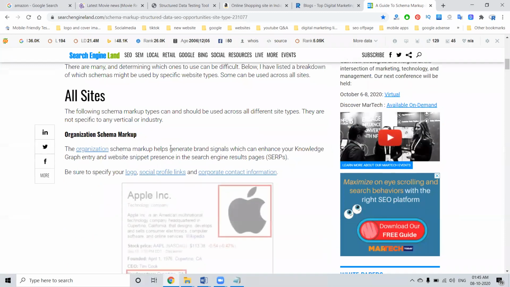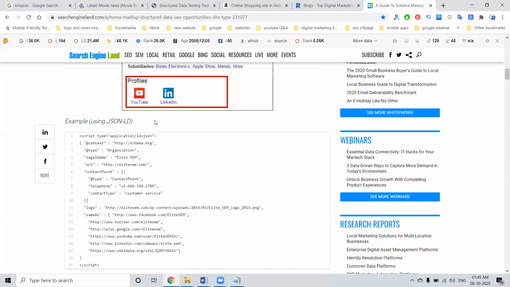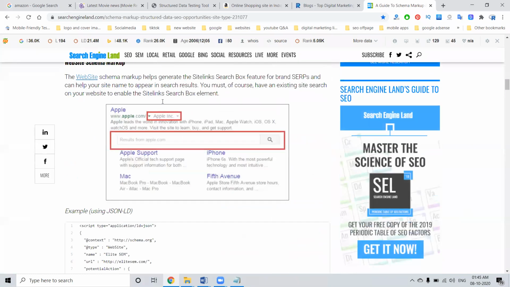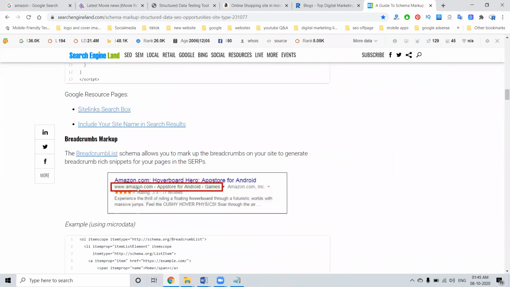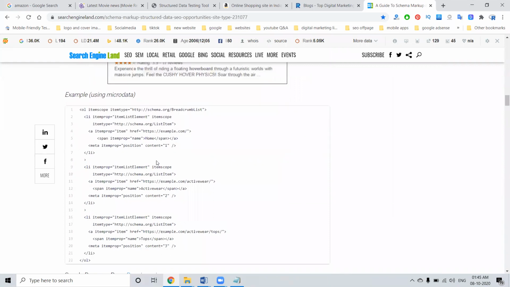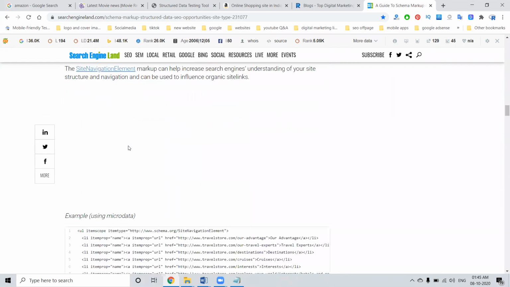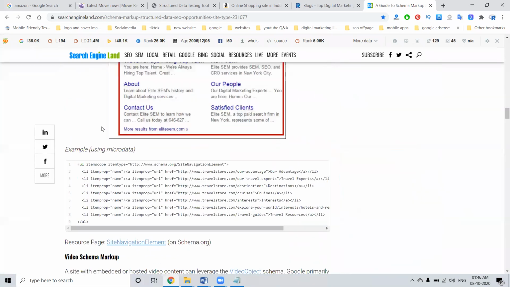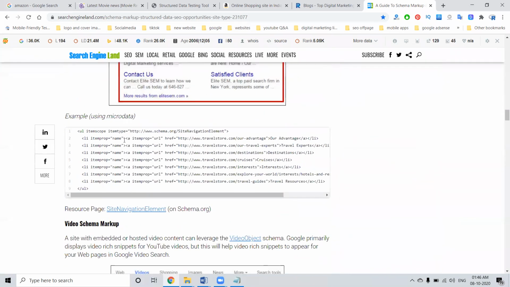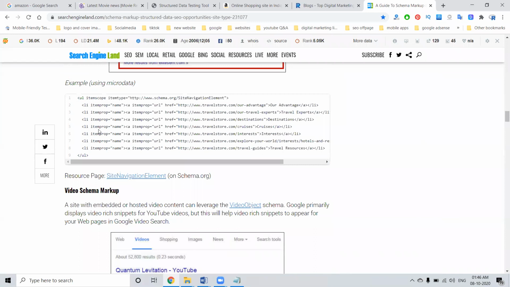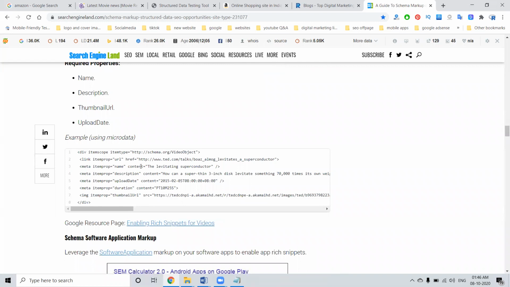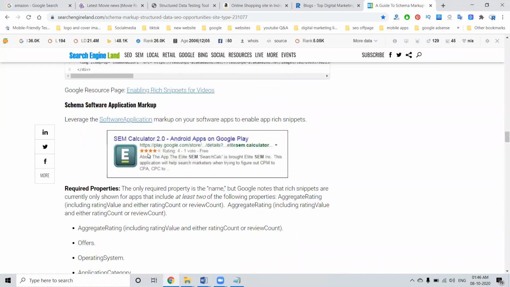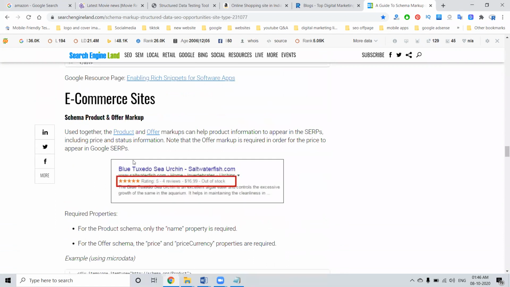These are some guidelines given here. Based on the data added, it will be shown in Google. This is the second process, showing search results on Google. This is a code option. If you want it to show like this, add this code for the schema. For anything you need for navigation, add it for navigation purposes. This is for item and video purposes; add the schema for video. All of this is the schema program.